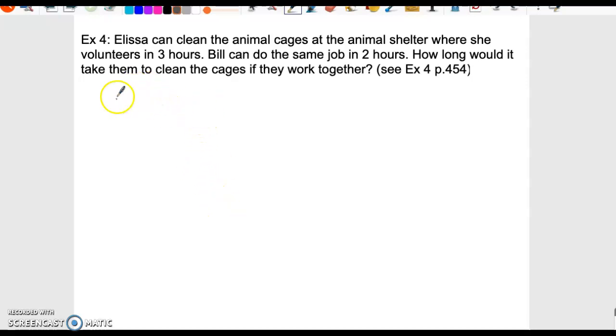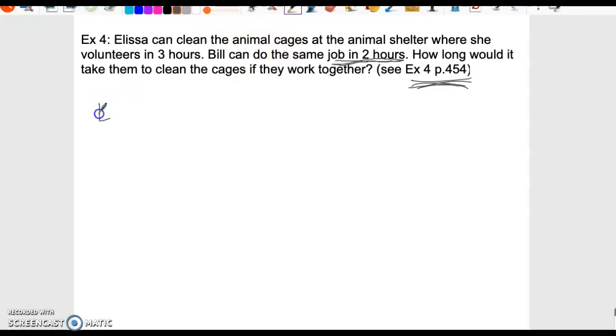And the reason why I say it that way is I would imagine that if Bill worked by himself and did the job in 2 hours, then any help he gets, working together, they should get the job done faster than 2 hours. So this is why I reference students to look on page 454 and actually work through the problem. I'm sure you can hear in my background me flipping the pages as I'm looking at these problems, just because it's easy to get lost. I'm not saying it's very difficult to do this, but